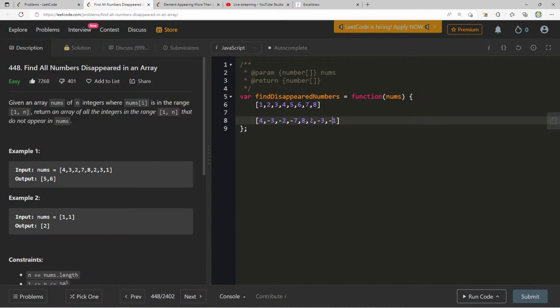I'm going to go to 2. 2 minus 1, it's already negative. Don't do anything. Then I'm going to go to 3. 3 minus 1, 2. That's the one I just did, right? Now this is why we normalize it, or why we do 1. Because since we know it's 1 through n, we can do 1 minus 1, which is a valid index. If this wasn't 1 through n and we tried to do 0 minus 1, that's going to be negative 1. So we'd have to come up with a different way of doing it. But because this includes all numbers in this range, we can say let's go to index 1 minus 1, which is 0, and make that a negative.